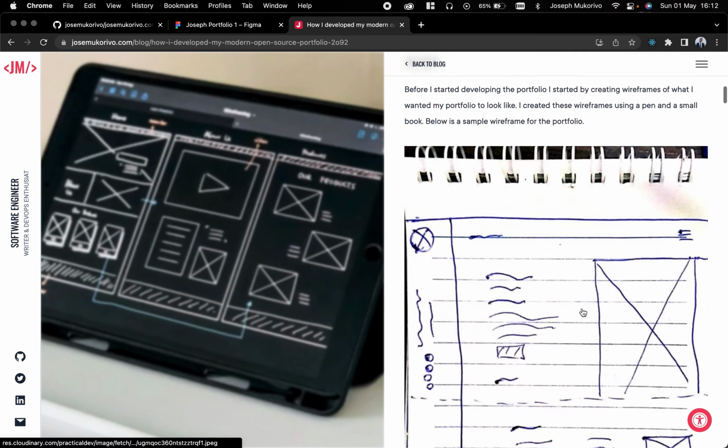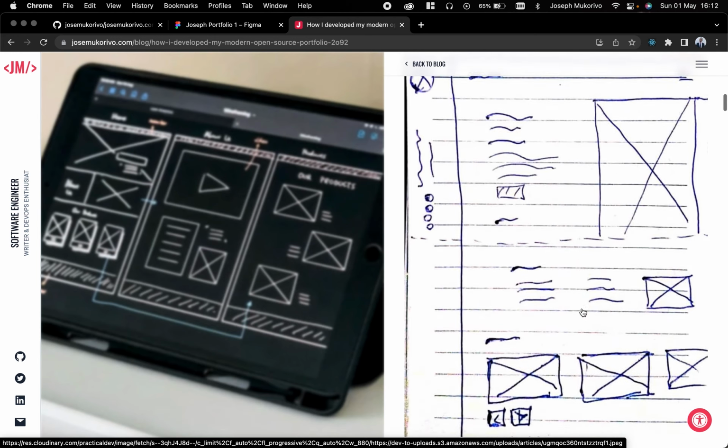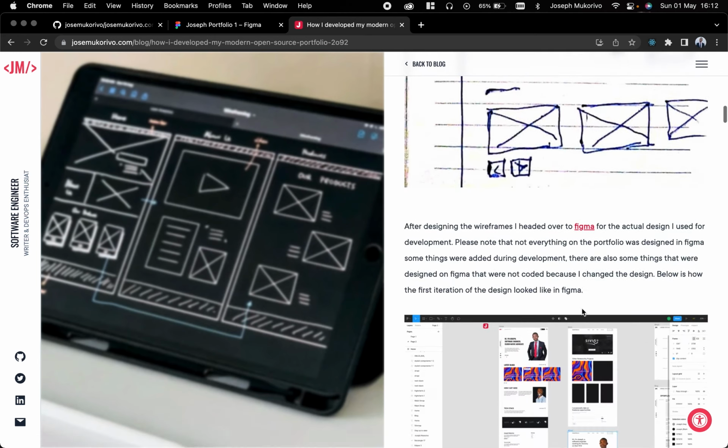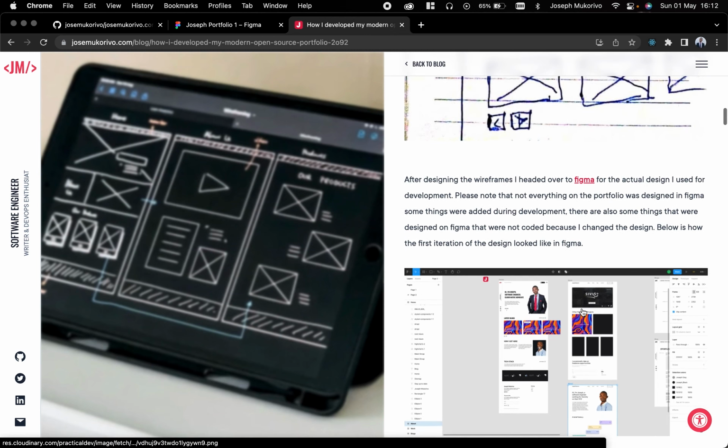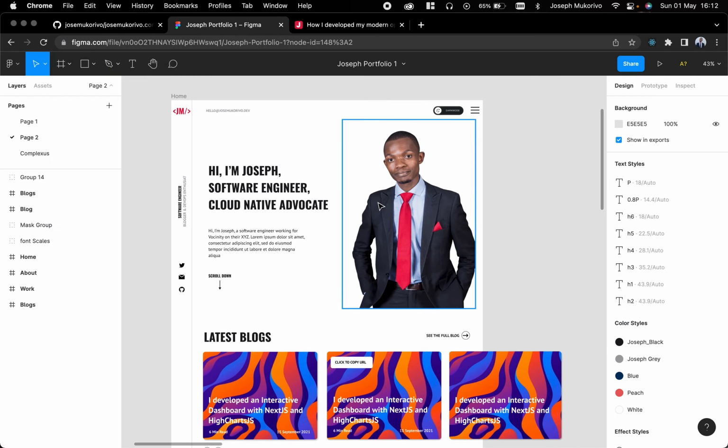So this was the first design that I designed on a book, and then after that I went to Figma, and it was sort of a translation of that design that I had on the book to the actual Figma file. So let's go to Figma and see the actual file. And yeah, this was the design. As you can see, there are some differences between the design that I have on the Figma and the final website. Like the first difference is that